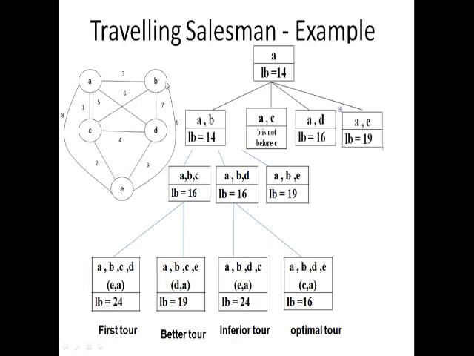Here A, B, C, E, D, A. All the nodes are visited, no node is revisited, the starting node is the ending node. So this is the better tour. Next one is A, B, D, C, E, A. All the nodes are visited, no node is revisited, the starting node is the ending node. Next A, B, D, E, C,